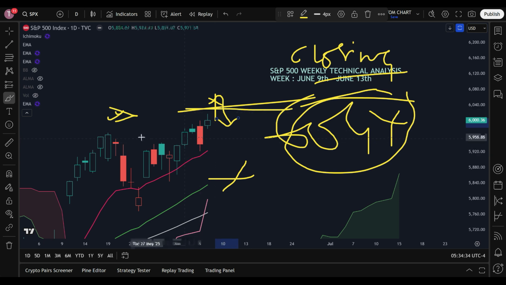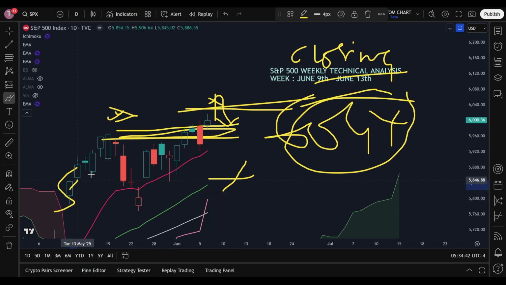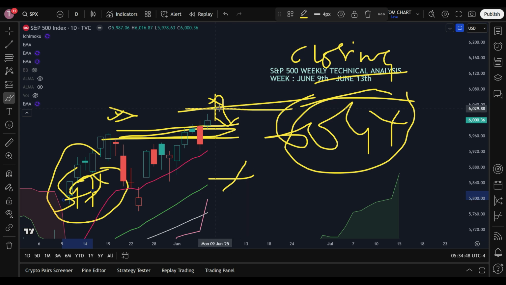But the confluence zone is also there. The confluence zone is in the 5,900 range, and 597x is part of the confluence zone. So irrespective of anything, even if there comes a rejection from 604x,